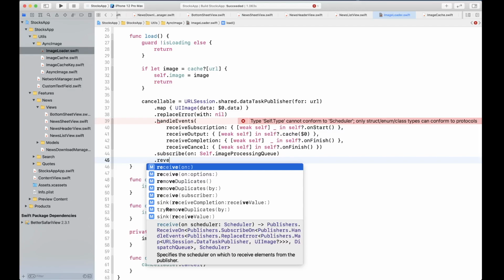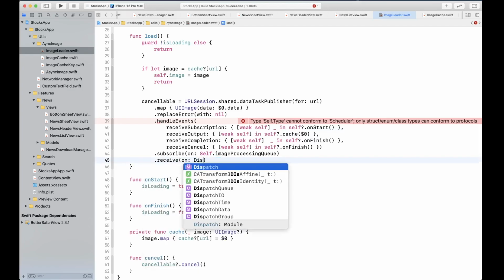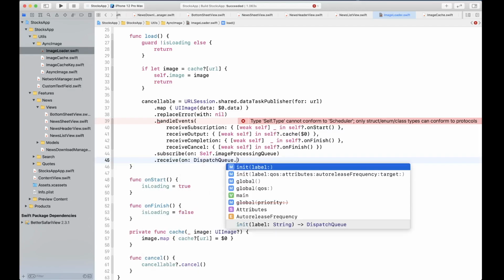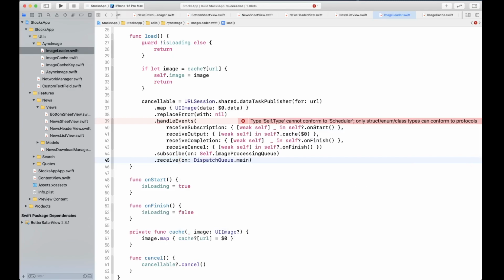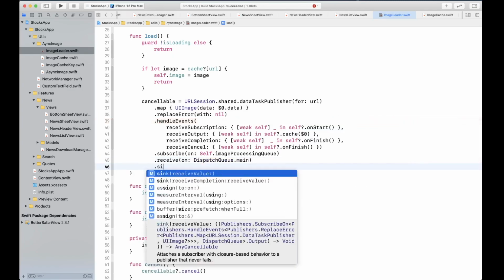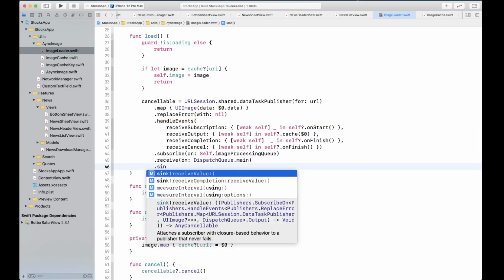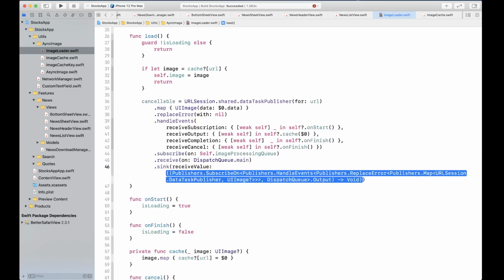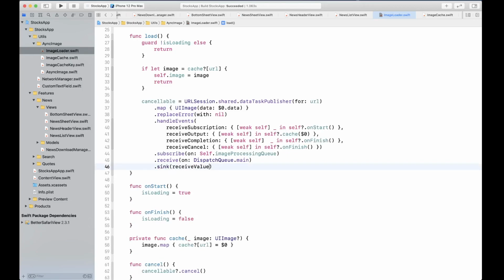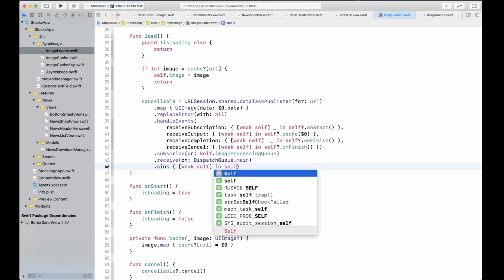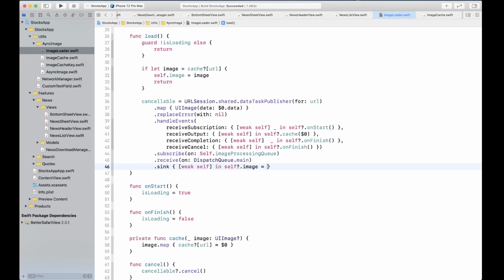Receive on is basically on which thread you want to receive your output, so we're going to receive it on the main queue, and sink is going to give us the value, so sink receive value, and we can simply write a trailing closure here with weak self reference, because we get the value directly, so we just take that.